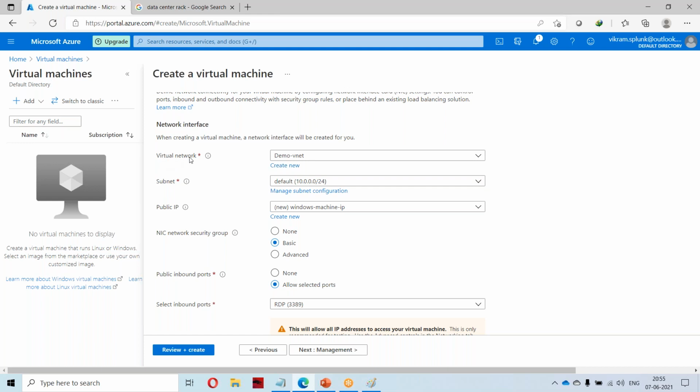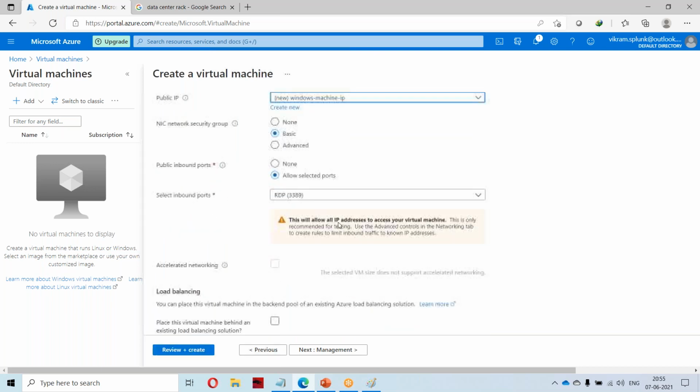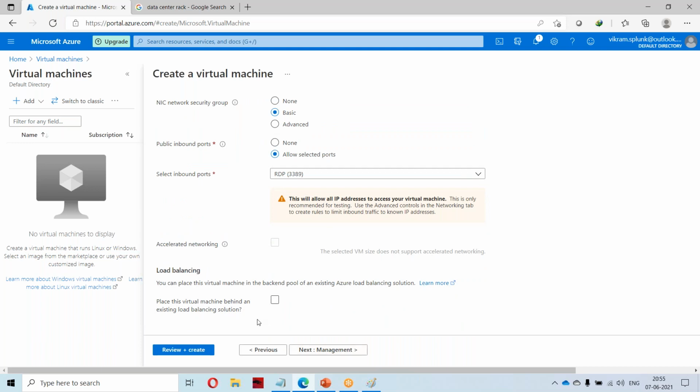This is the virtual network in which the instance will be created, and this is the subnet, which means this is the internal IP. Next is the public IP. If I select new, a new public IP will be assigned. Now inbound ports allowed. Now load balancing.